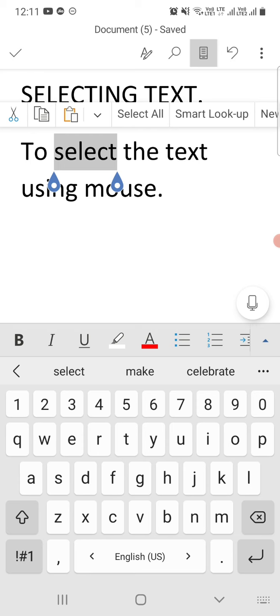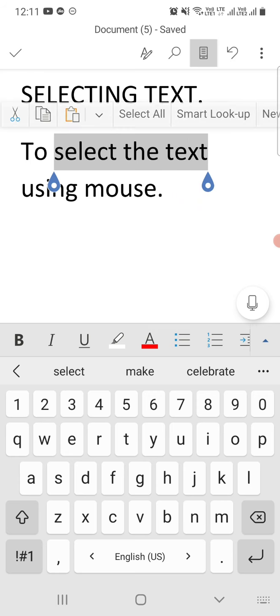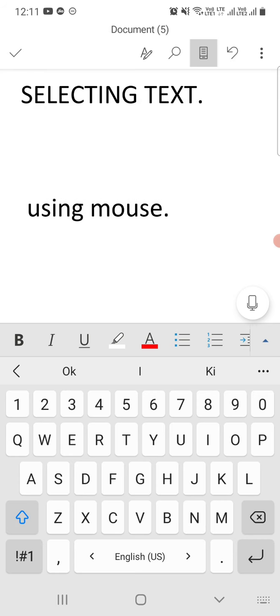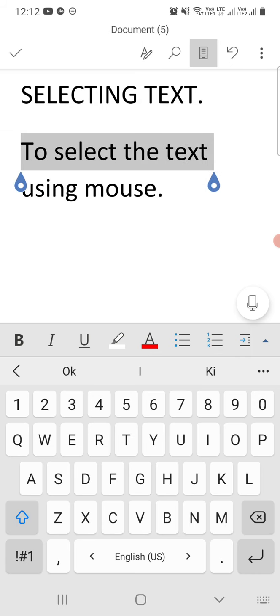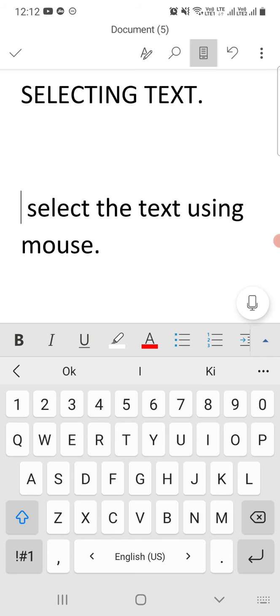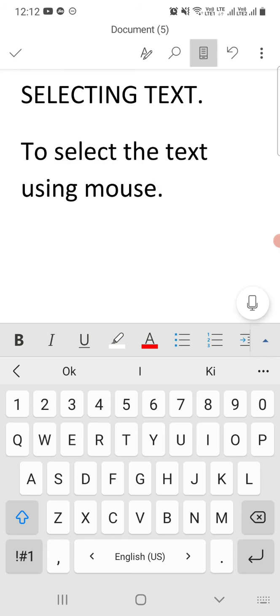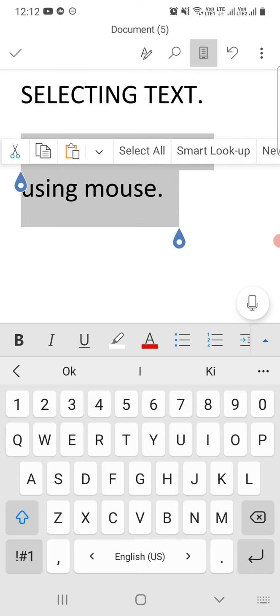Okay, that one line of text, if you want to select the whole line, then select the whole line and drag your mouse pointer to select the text. Okay, to select the text, move your mouse pointer and drag it to select the text.